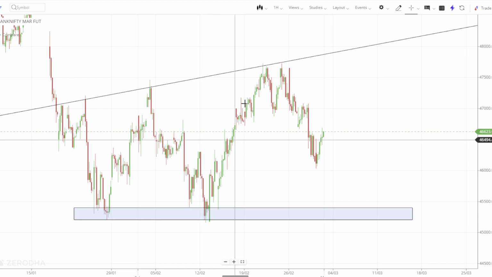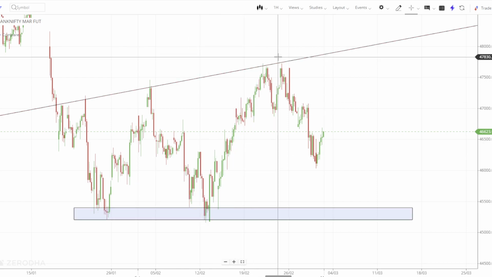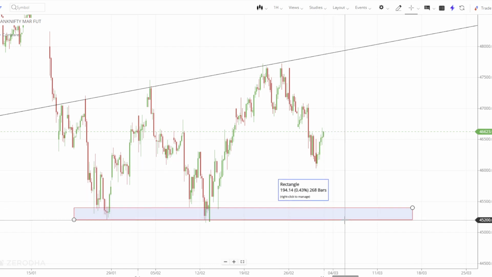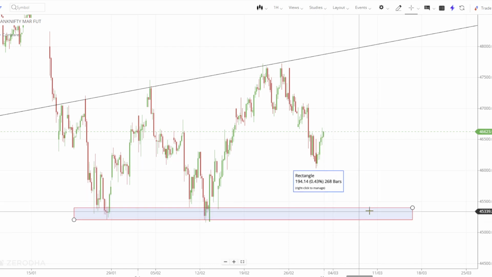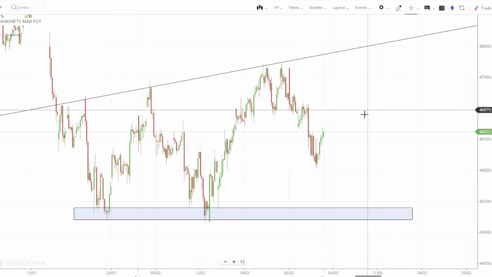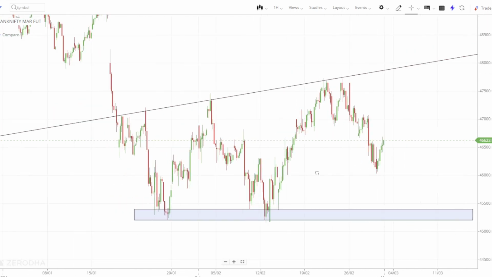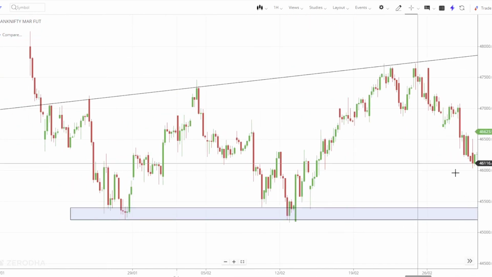So next time price went to this level, it just drops below to this support. This should happen in a higher time frame. In the 1 hour time frame, this should happen. So take a close look